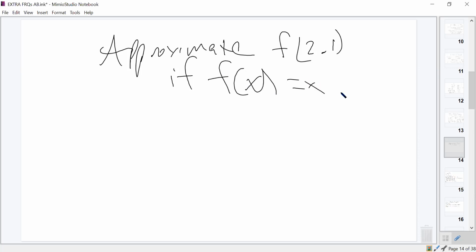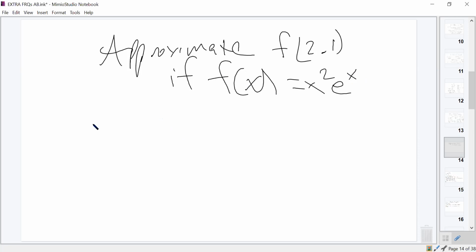That doesn't really matter. We'll just, I don't know, we'll say x squared e to the x or something like that. So we want to approximate 2.1. We know that f of 2 is just 4e squared. So we would just say that, approximating f of 2.1, that should be,